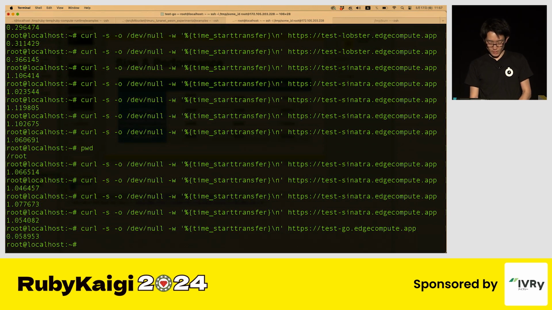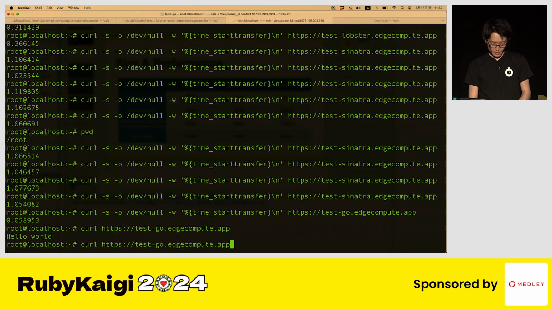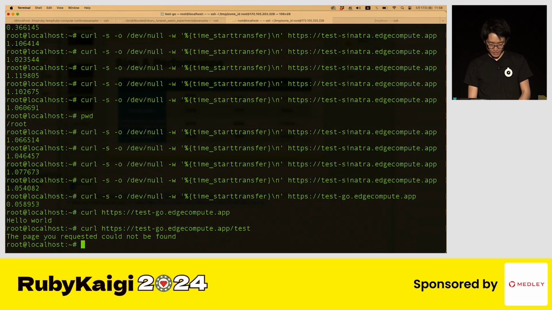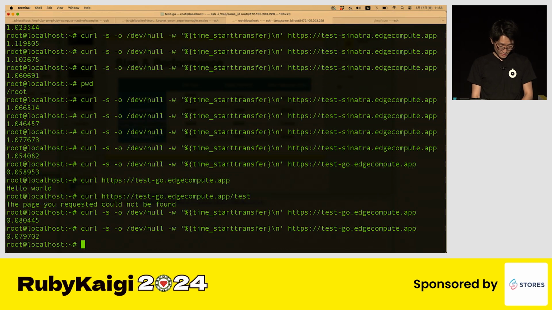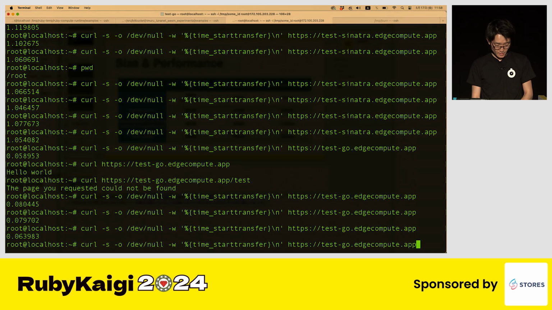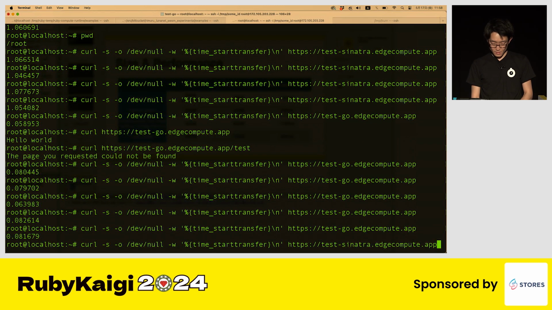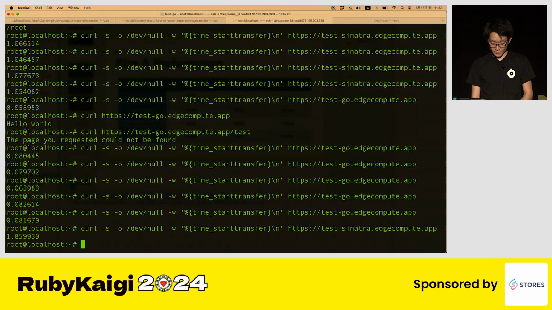If I switch to Go, the officially supported language for Fastly, it's quite fast. You can see 58 milliseconds. What this website does is quite simple: it just returns hello world, and if there is some path name here, it returns another string. Just a really quick example, but you can see the latency is sub 100 milliseconds, like 80 milliseconds or 63, quite fast. So compared with those other languages, I have to say that ruby.wasm currently has some challenge in performance,